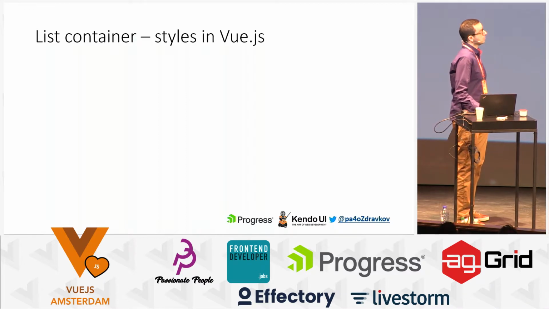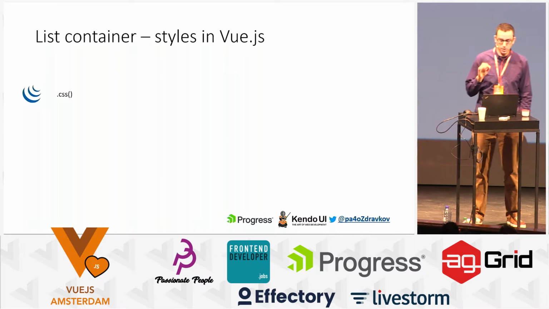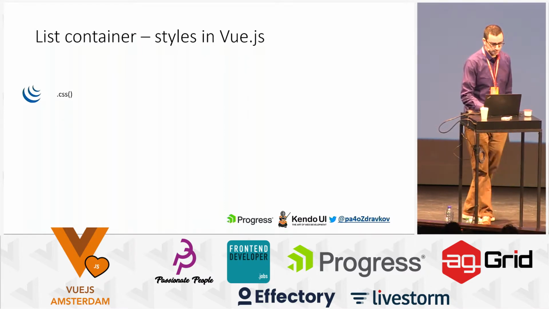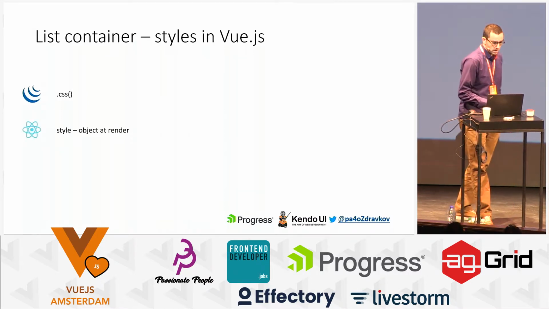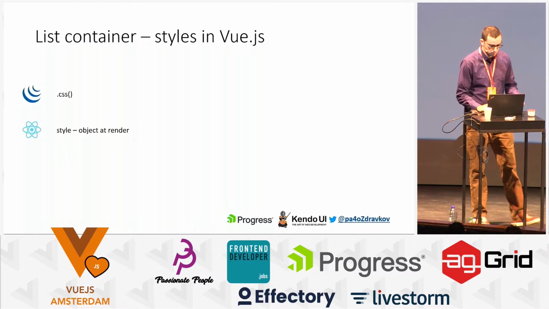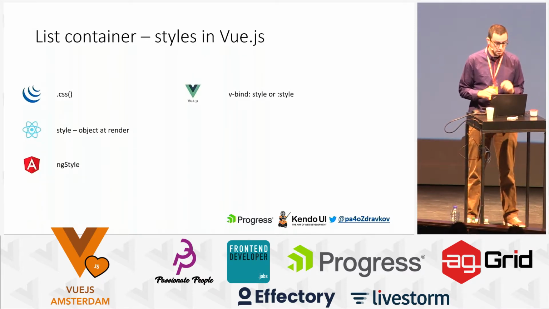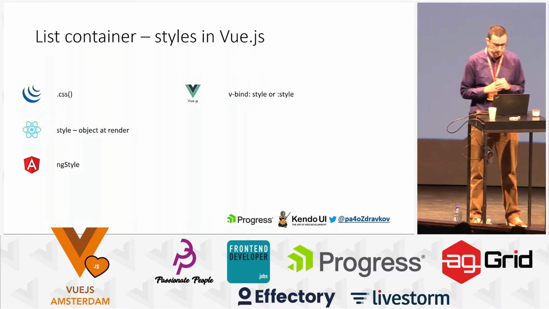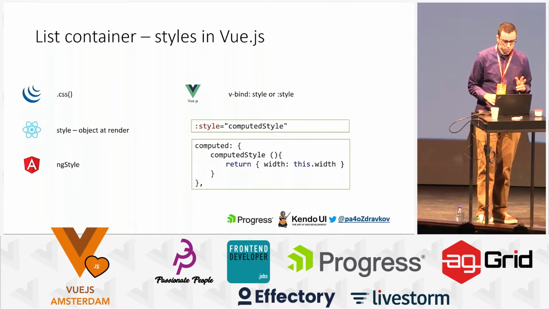If you want to add styles in Vue, it's also pretty nicely achievable. If you remember in jQuery, we had to use a CSS method, and it was very difficult in many cases. In React, we have a style object that can be added at render, and in Angular, we have ng-style. In a similar scenario, in Vue, we have v-bind:style or :style,